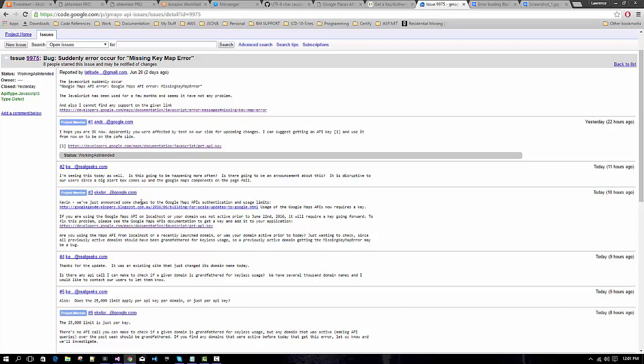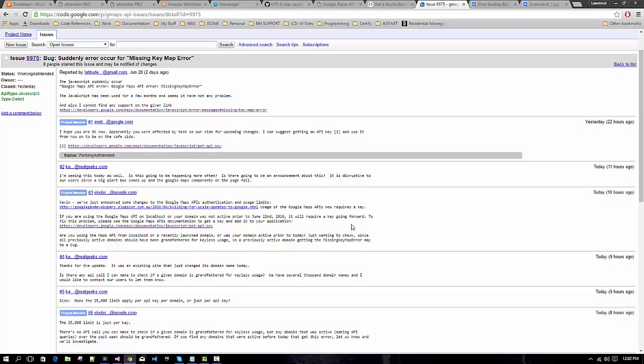So they announced some changes to the Google Maps API's authentication and usage limits. If you are using Google Maps API on localhost, which Black Maps does, or your domain was not active prior to June 22nd, 2016, it will require a key going forward. To fix this problem, please see the Google Maps API documentation and get a key and add it